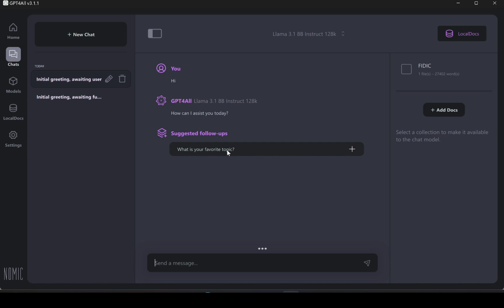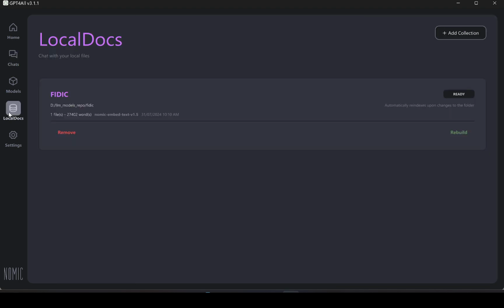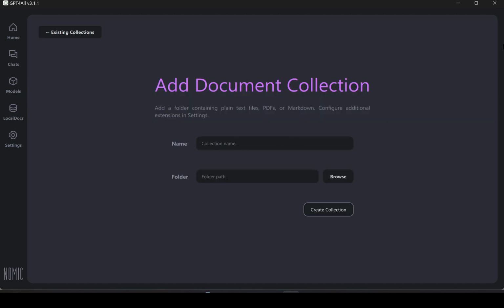All right, now let's go to setting up your data. Like, you have data which is in PDF format or any other format, and how you can basically talk to that data. For that, you have to go to local docs, and here you go, add collection, and here you put your collection name and then the path. I have already selected the path, and the path should be a folder name, and that folder should have some files